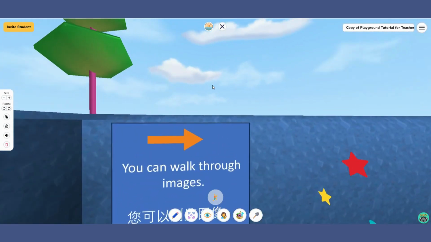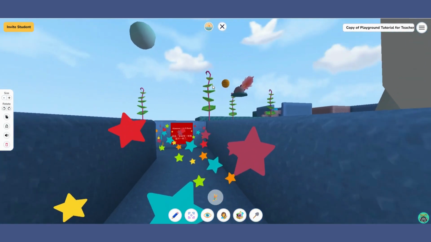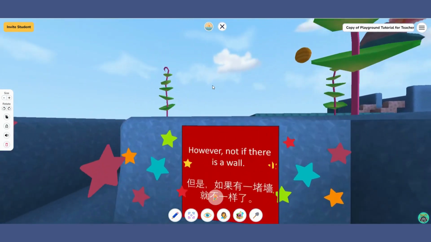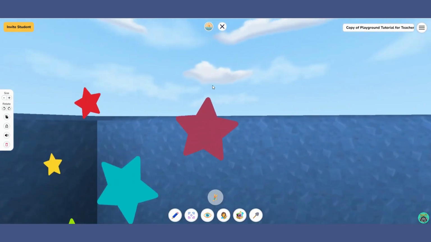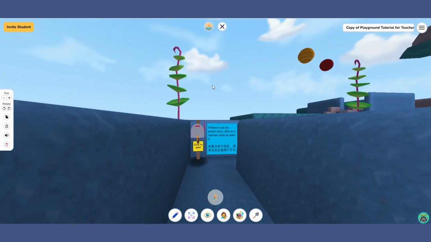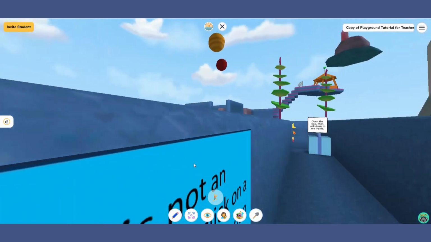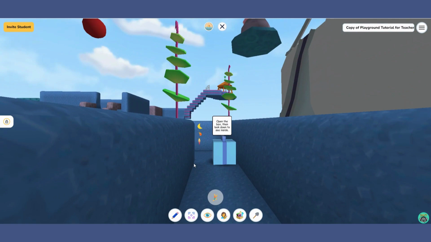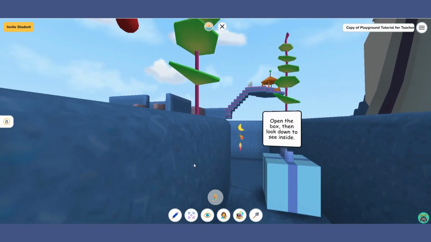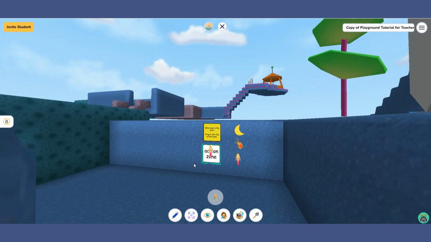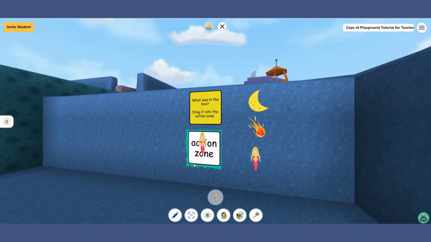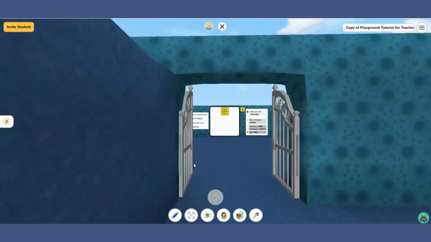Here I talk about images and how you are able to walk through images, unless of course there is a wall. So again, practicing a little bit more with navigating. Before students learn about reaction props, and if there is not an action zone, they can click to open and click to close. I have a small task of looking inside of the box to see what was inside. Again, I have the action zone completed. There was a rocket ship inside that will open this door